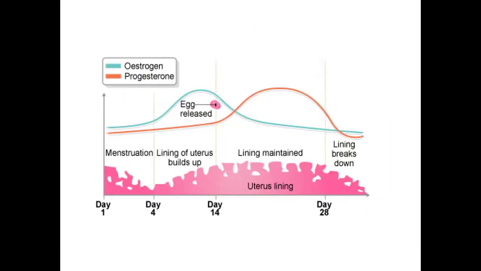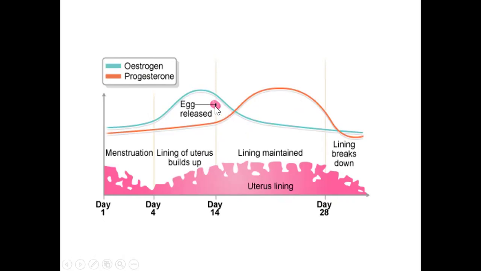This graph shows the requirement of the two hormones. The blue line represents the estrogen, while the orange line represents the progesterone. We can see two peaks. One peak is at the initial stage, when the endometrium builds up, where we can see a large increase in the estrogen made from the graafian follicle. This is the mid of the ovarian cycle where there is ovulation, the egg is released, and hence there is an increase in the progesterone, but not at that level.